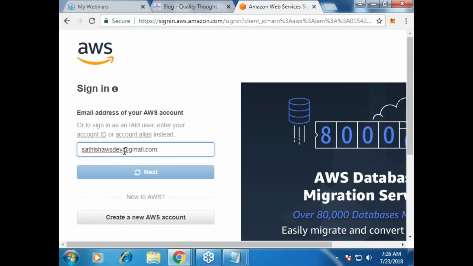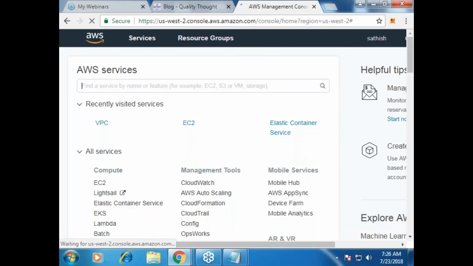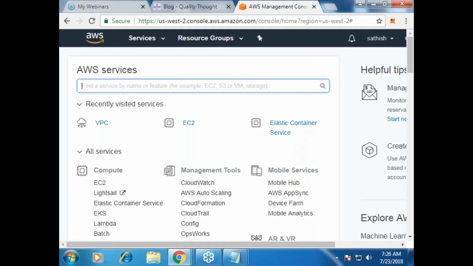I'm logging in with my mail ID. Okay, good. So this is my AWS screen and I have to create a Linux machine over here.